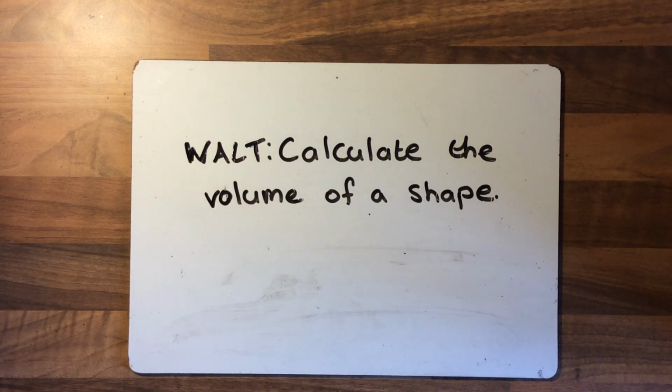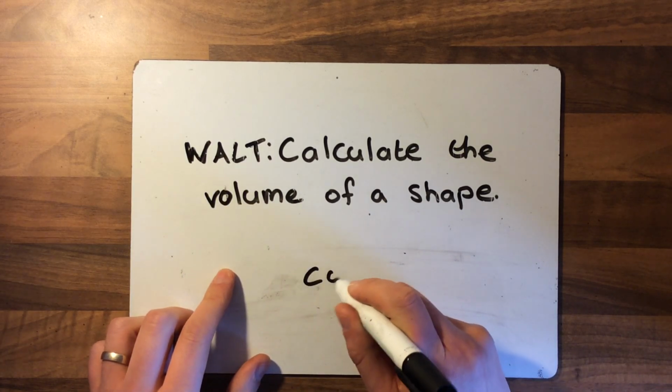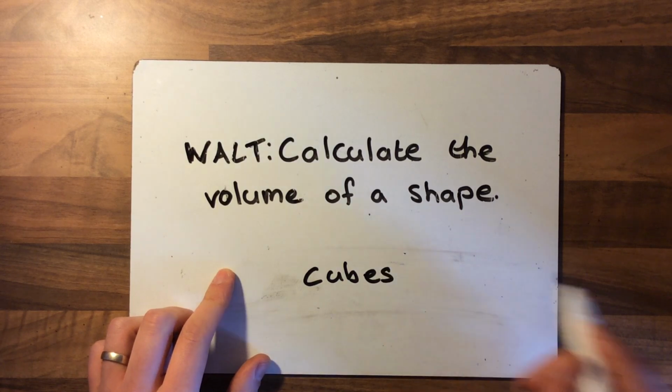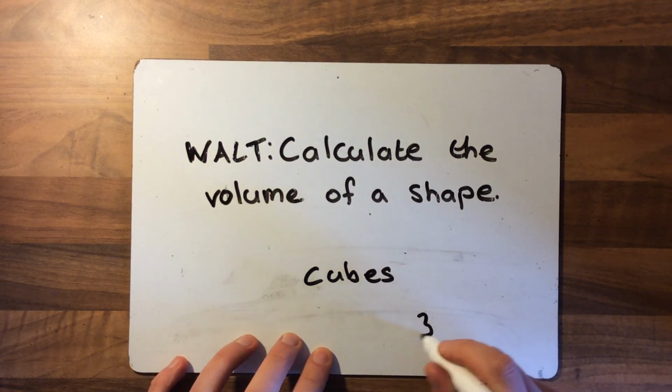Okay, year 6. So our next lesson this week is exactly the same as it was for the previous lesson, which is to calculate the volume of a shape. That's because we're going to be building upon exactly what we did in the last lesson. We're looking at the volume of a shape, remembering that finding the volume of the shape is the number of cubes within a shape, remembering that it is in 3D shapes